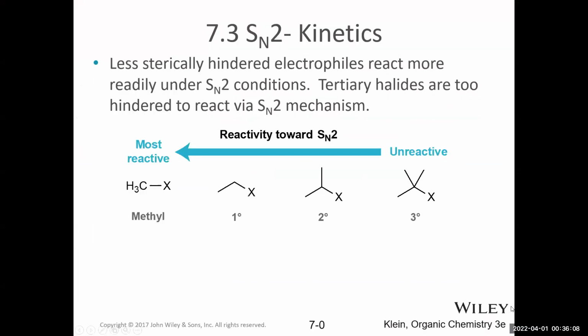All right, today we are going to be continuing to talk about SN2 reactions and now talking about the kinetics of the reaction. So what we see is certain substrates have different reactivity towards SN2 reactions. You can see that these are described as a tertiary alkyl halide, secondary, primary, and also methyl. And the reactivity moves from tertiary, which are actually unreactive in SN2 reactions, all the way towards the methyl alkyl halides, which are the most reactive in an SN2 reaction.